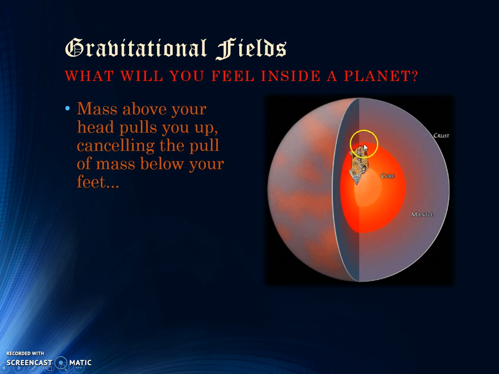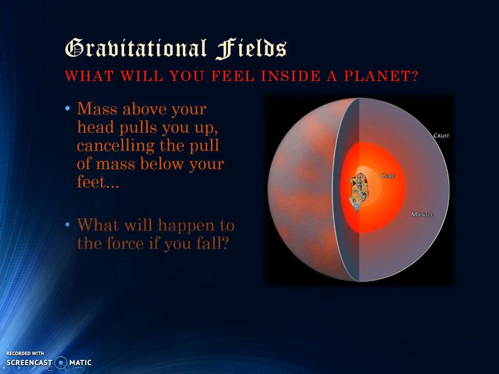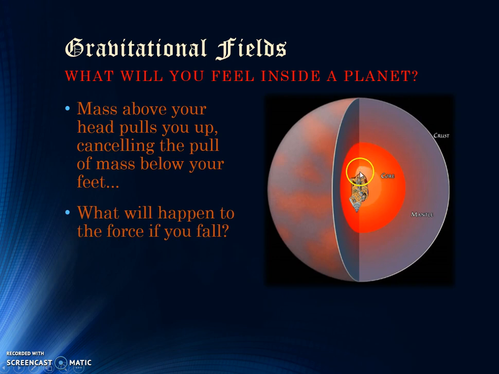You're going to feel less gravitational force here because 20% of the planet is above your head pulling you up and 80% is below pulling you down. Let's see, 20% up plus 80% down. Over here, you're only going to feel about 60% of the planet's gravitational pull. What about here when you get closer down? Now, 40% of the planet is above your head and 60% is below your feet. 60 down plus 40 up, you're only going to feel about 20% of the Earth's